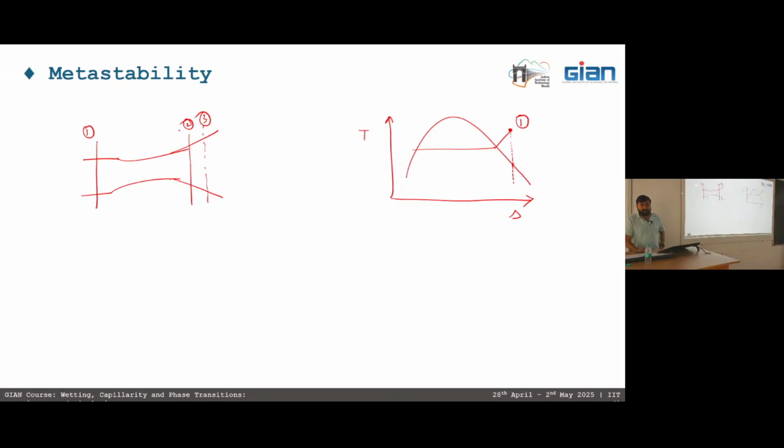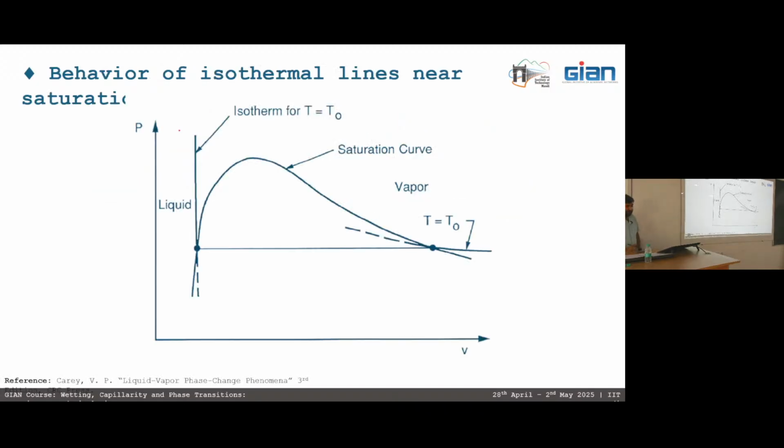So why does that occur? Are these stable states? Because if we talk in terms of the phase diagram, as per the phase diagram, boiling should occur at 100 degrees centigrade, right? But that doesn't occur. So what are these states? What are these metastable states that we will discuss now? To discuss that, let us see a PV diagram here.